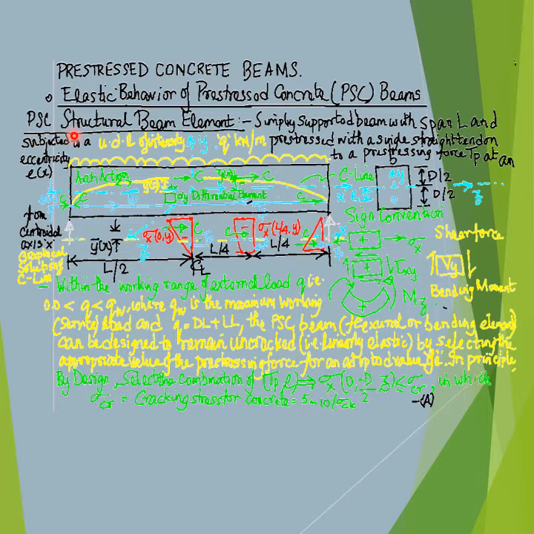Therefore, in order to illustrate the structural advantage or structural benefit of pre-stressing concrete in the pre-stressed concrete structural beam element, let us consider a simply supported beam with a span length capital L that is subjected to a uniformly distributed load, abbreviated as UDL, of intensity denoted as small q in kilonewton per meter, for example, in SI units, that is pre-stressed with a single straight tendon